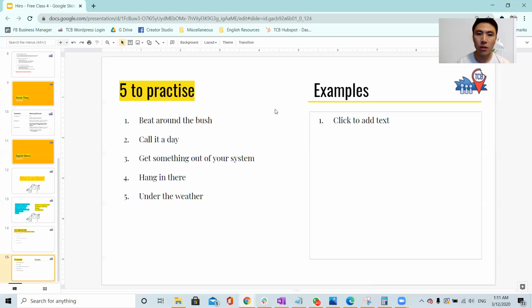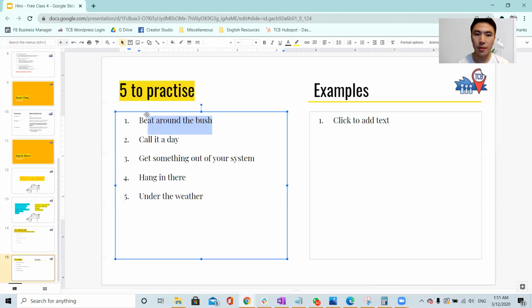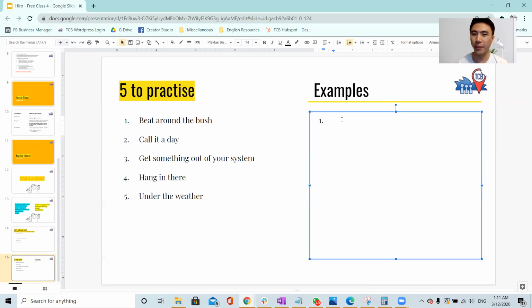Okay, so let's practice 5 idioms. The first one is beat around the bush. What does this mean? To beat around the bush means to avoid the topic, avoid the issue, avoid the main purpose of whatever. So I can give an example, which is